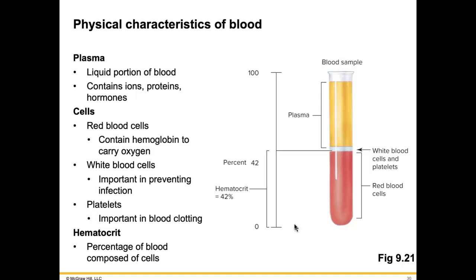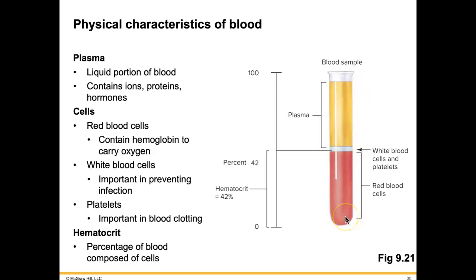And let's talk about some of the physical characteristics of blood. We are talking about moving this blood within our cardiovascular system. What's in it? So if we were to take a test tube and put some blood in it, we are going to then put it into a centrifuge. What that centrifuge does is it spins around and around, and we start to see a separation